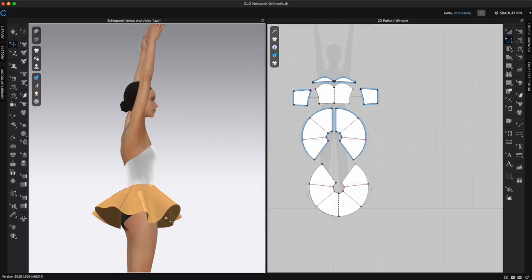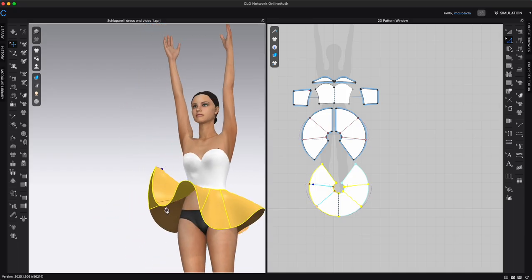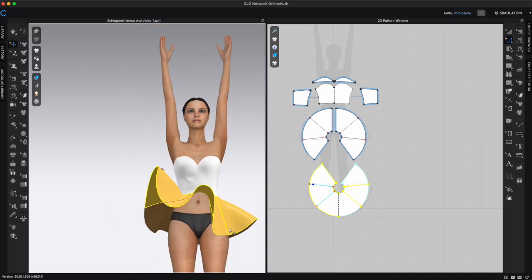So what I want to do to get this to stand, I'm going to add some boning in here, which I'm actually not going to attach to the skirt, I don't think. Well, I will for a moment probably. Anyway, let me show you. So now if we simulate, this folds down, right? I want to bring this up and this up. So I start with the front, and